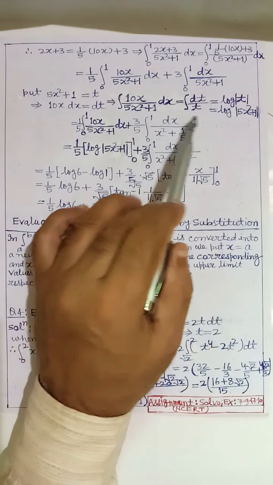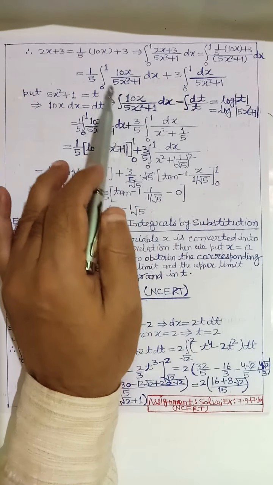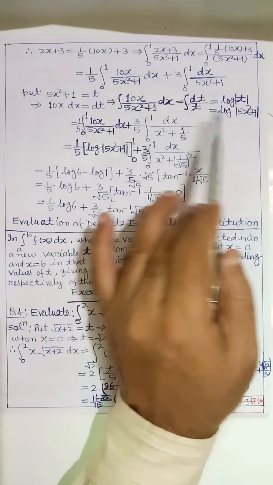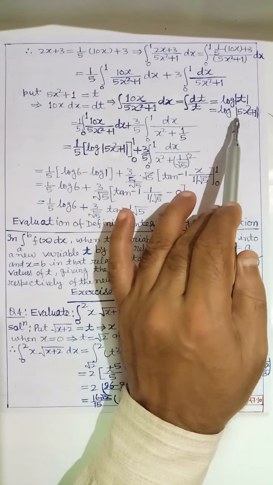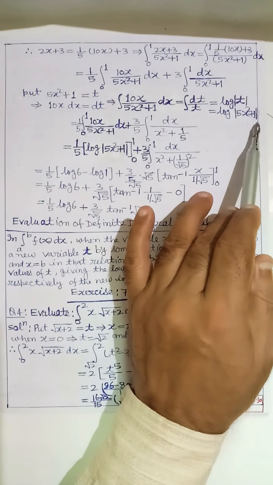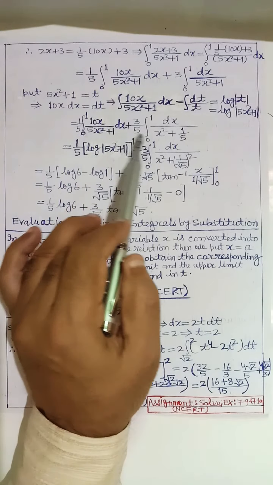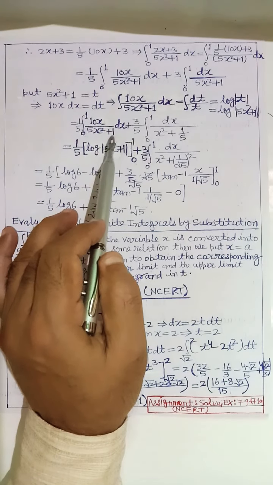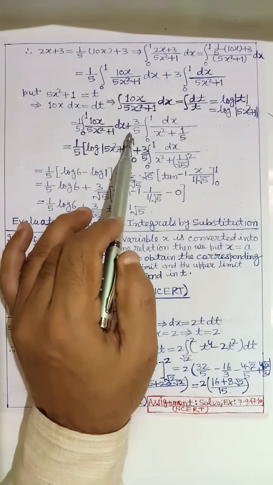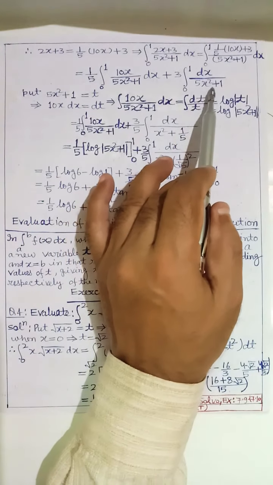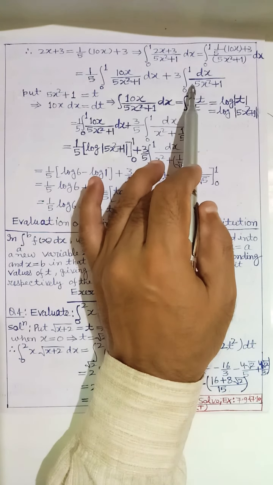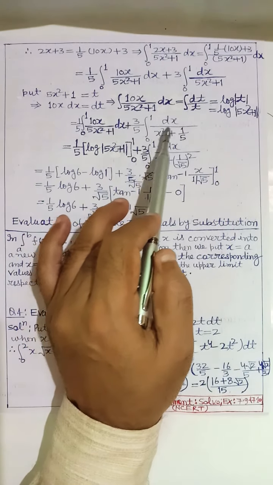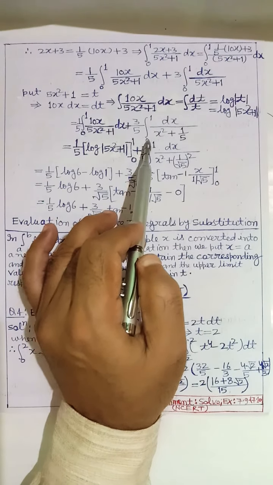And using substitution method, first we solve this integral of 10x by (5x square plus 1). So we get this equal to log mod (5x square plus 1). So we can write 1 by 5 integral of 10x by (5x square plus 1) dx from 0 to 1 plus 3 by 5. Here we have taken 5 as common and 5 is constant, so this is outside of the integral. So we write 3 by 5 integral of dx by (x square plus 1 by 5) from 0 to 1,